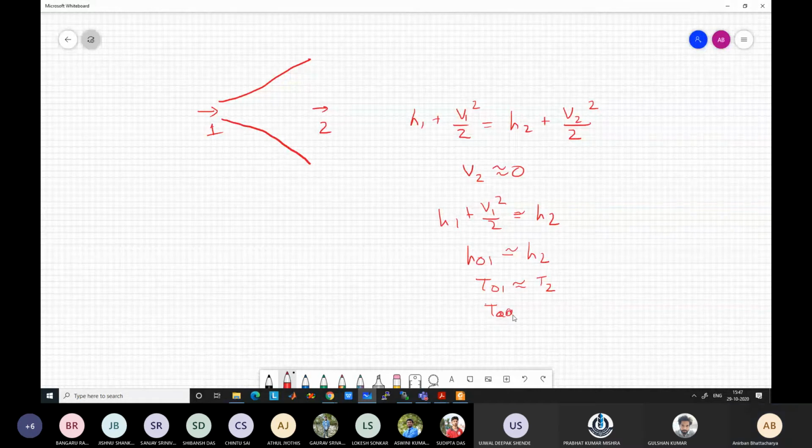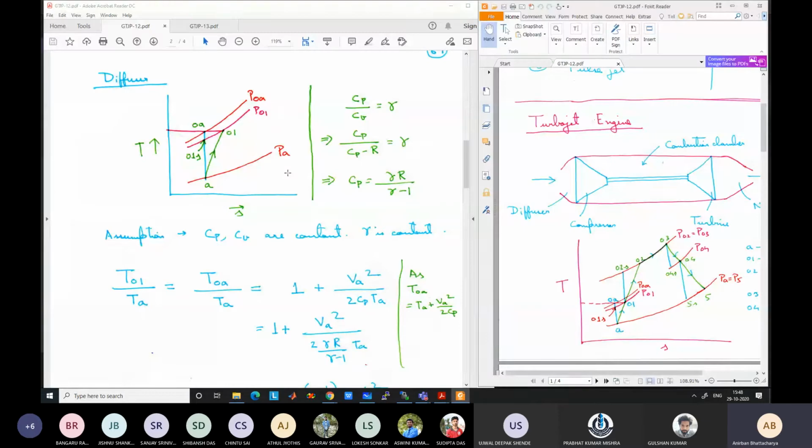And T2 is actually at the end point of the diffuser, which we have not yet defined for the ideal case, but you should get the idea from here. Is it clear that the static condition should be equal to the stagnation condition if the velocity is almost equal to 0 at the end of the diffuser? So ideally we should have obtained a pressure P0A. In real life we are obtaining a pressure P01.